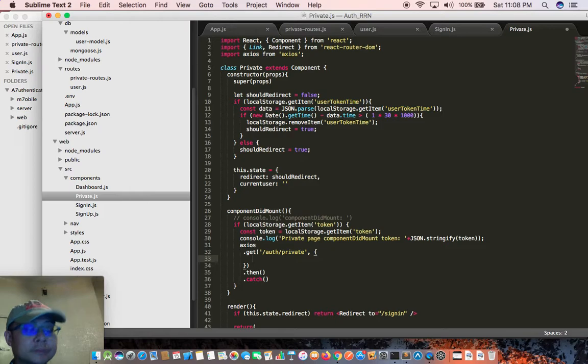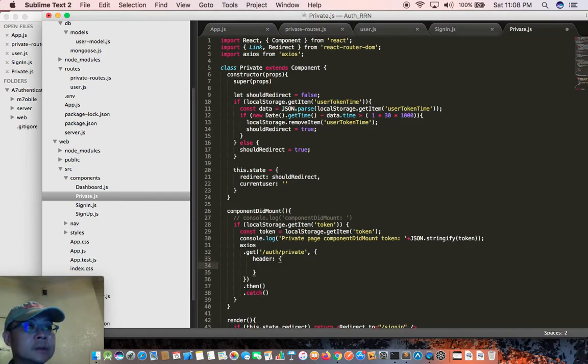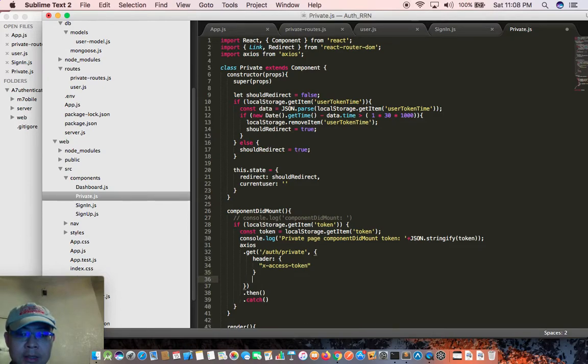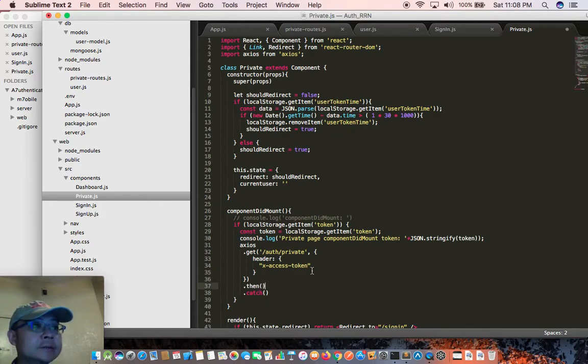and header will be x access token, and below that, and then if there is response,